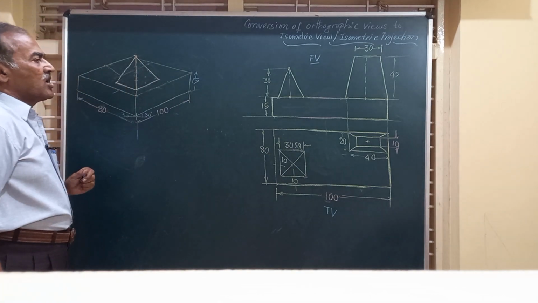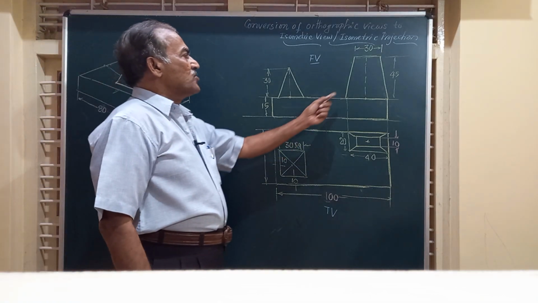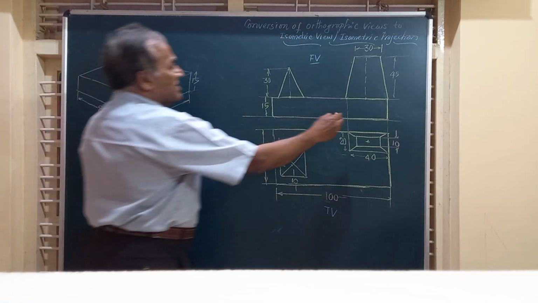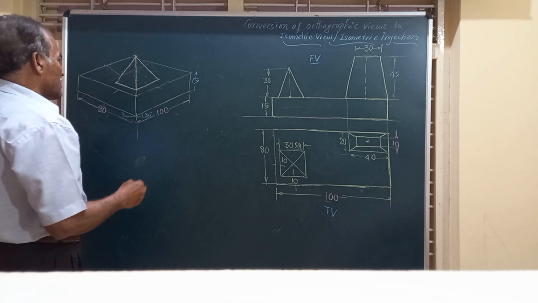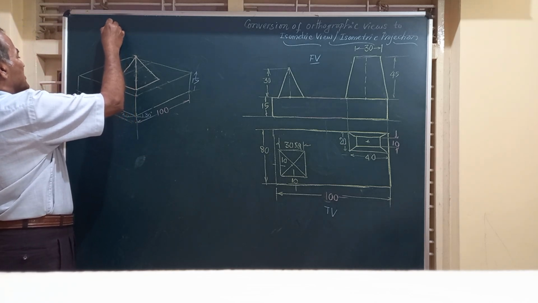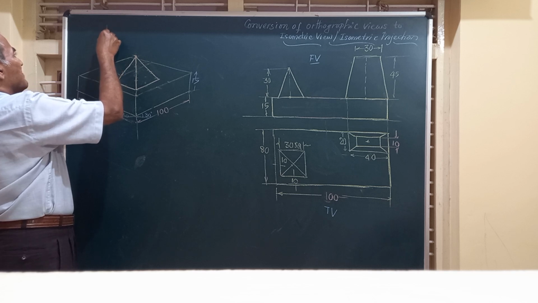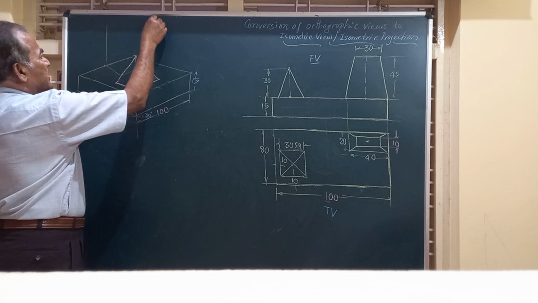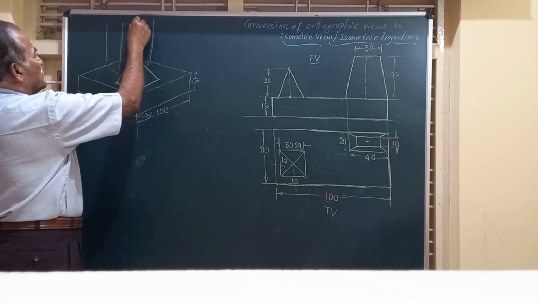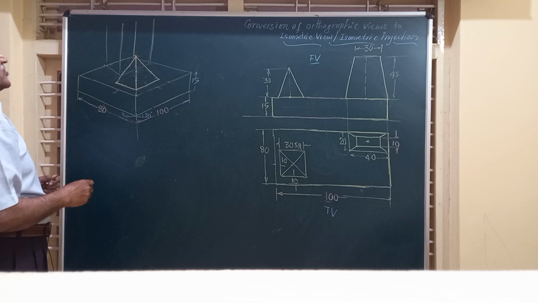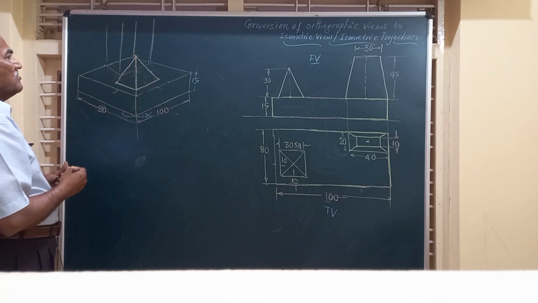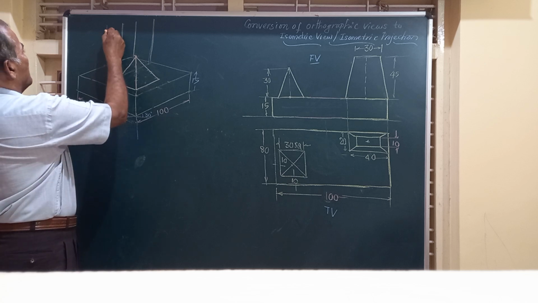Now friends, how to obtain the isometric view of this? Friends, we will mark a height of 45 millimeter from all these corners. Say one line from here, second line from here, third from here, and the fourth one here. So we are drawing the isometric projection of that frustum of a square pyramid, and I have taken 40 from